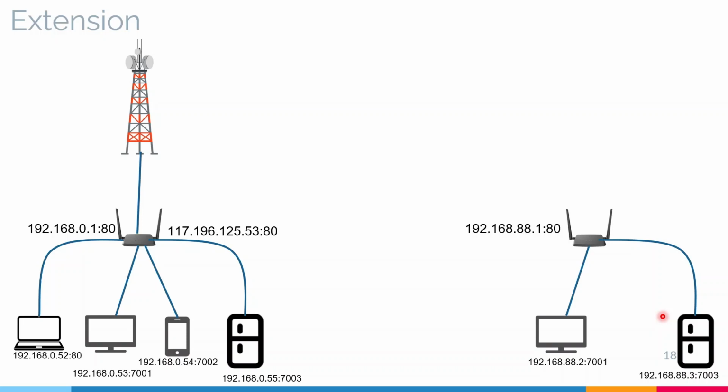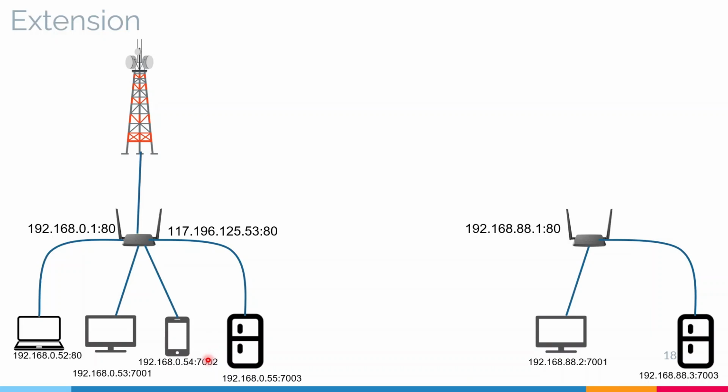Now if I want to connect to it through my first network, it should only be possible via an internet connection, because this is a different network. Again, this is a private IP address. The TV has a private IP address of 192.168.88.2. So even if I enter that IP address, traffic could not be routed because